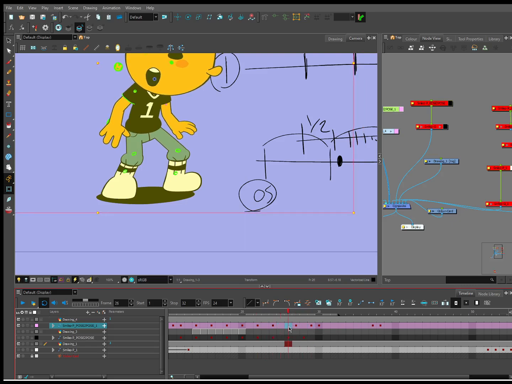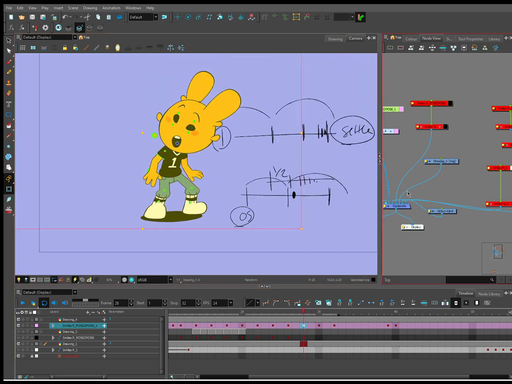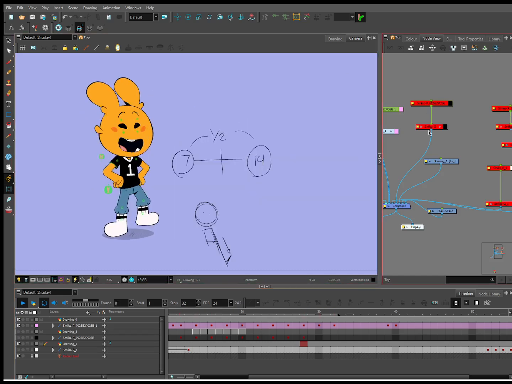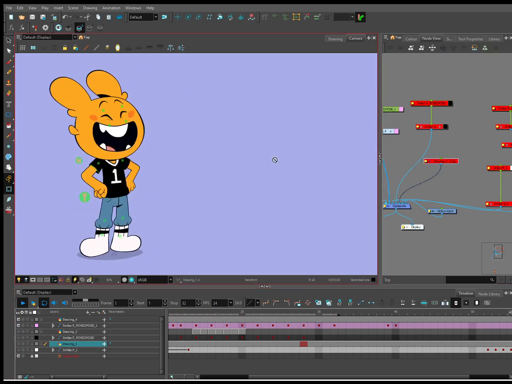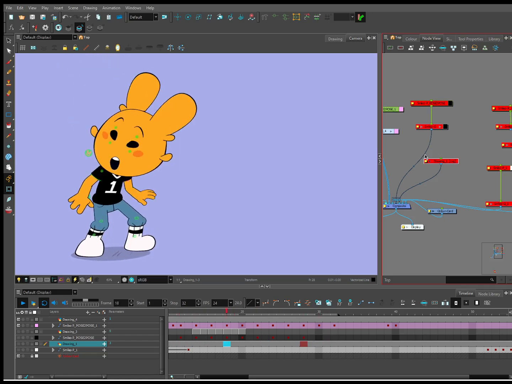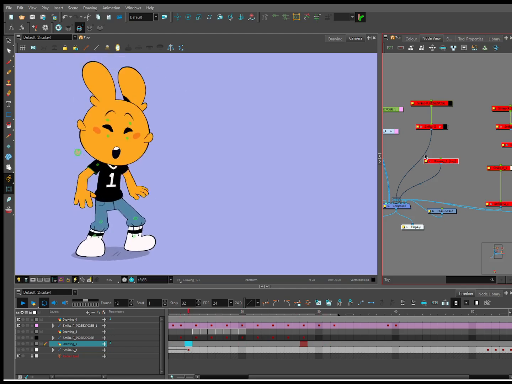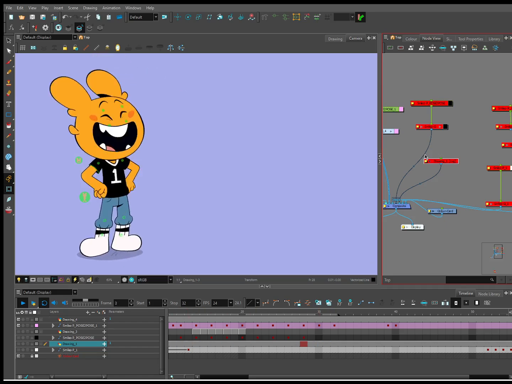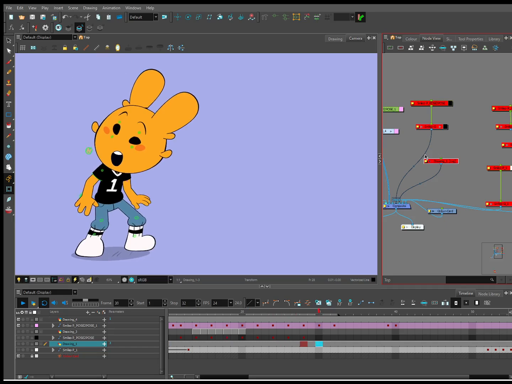I'll even add two more for good measure. Okay. So this settle was just me putting in basic timing, right? And you could maybe say I could adjust the secondary on the ears, but there's nothing about this inherently that is wrong.